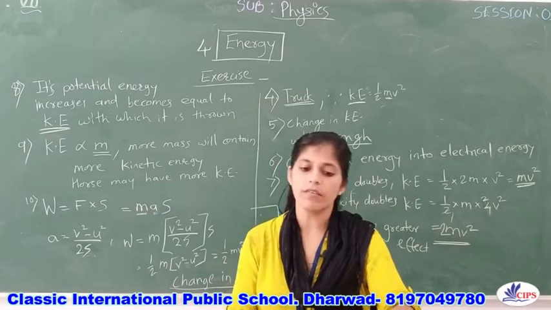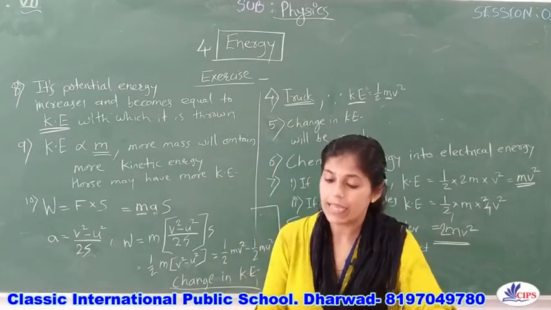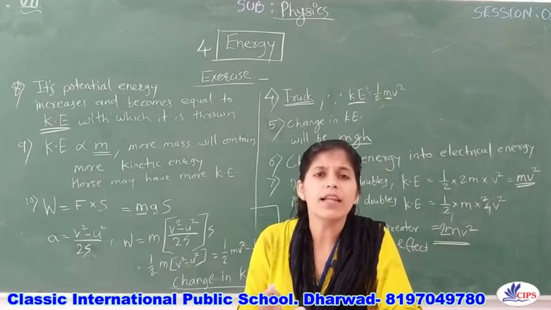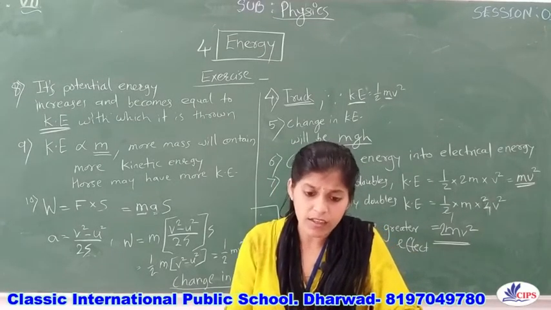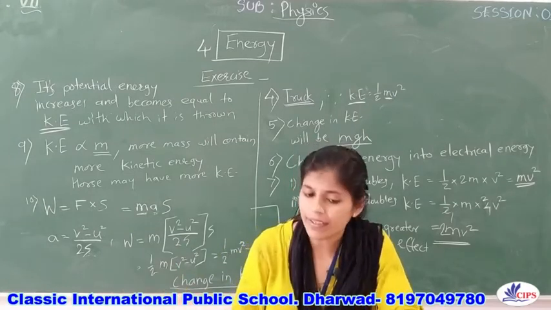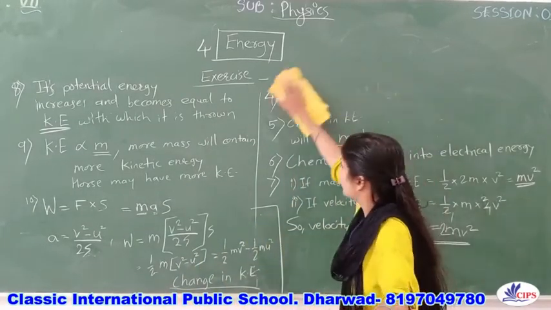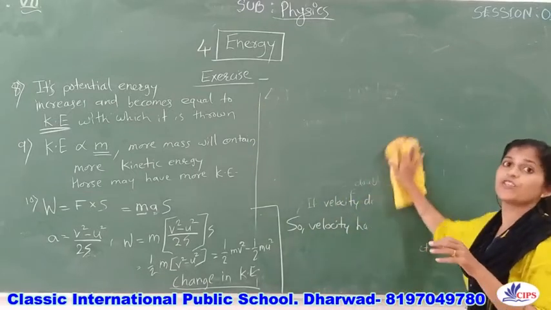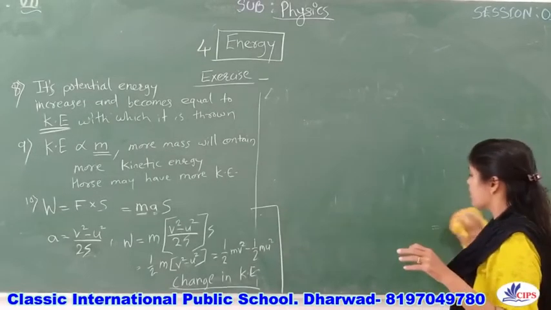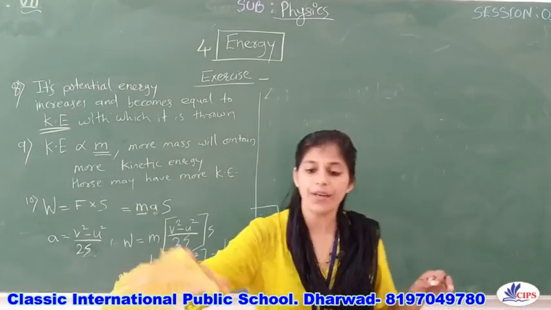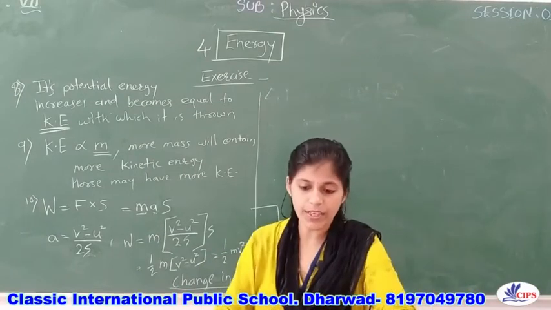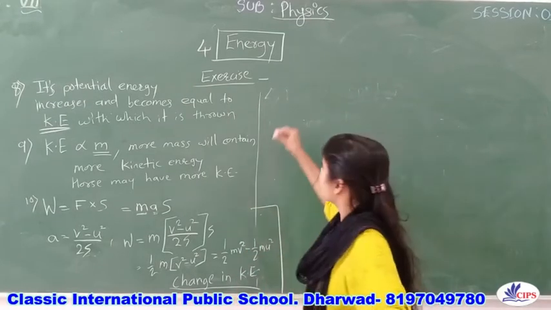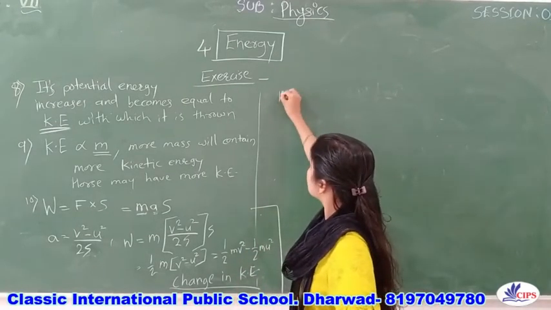Now children, after this, one more question, the 11th one. They ask you, what is meant by potential energy? Is potential energy a vector or scalar quantity? This answer you also can write, right? What is potential energy? Potential energy is nothing but energy possessed by an object due to its position, right? Due to its position. What kind of energy it is? What type of quantity it is?